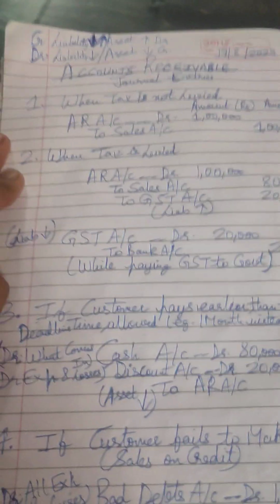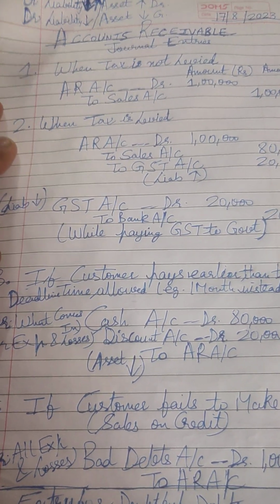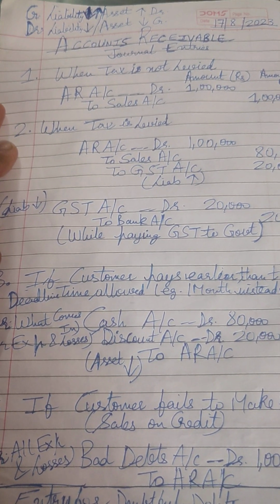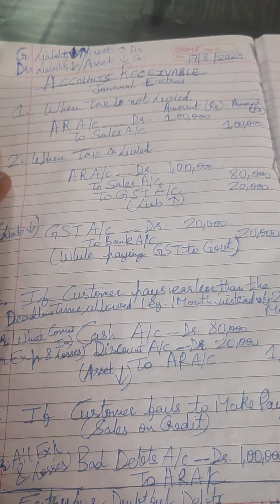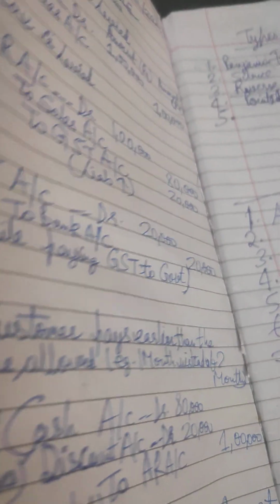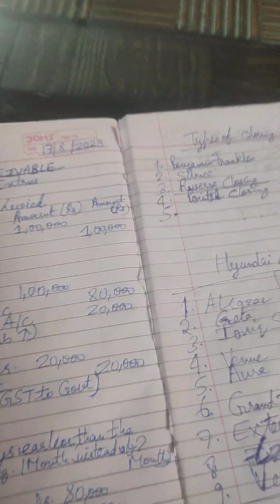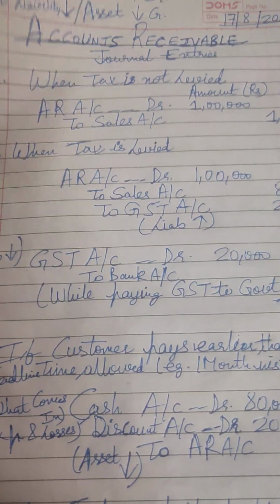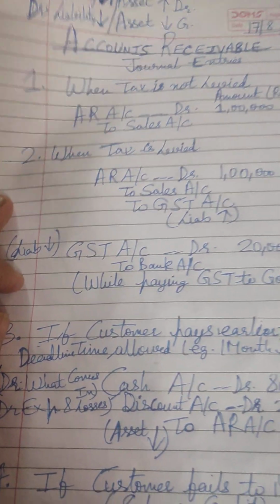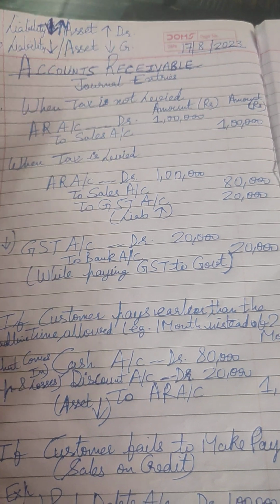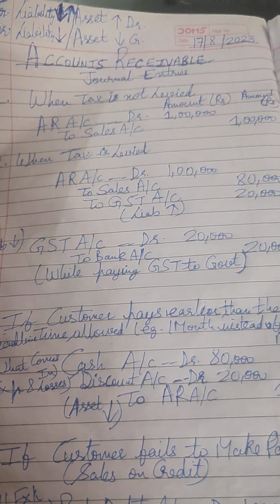And if we discuss the opposite case, when tax is levied, then what will be the entry? AR account debit to sales to GST, because here one more concept comes into existence, GST. What is GST? GST, as you all must be knowing, was introduced in 2019 by the Prime Minister Narendra Modi led BJP government. So why is GST being credited? By the difference of AR account money and sales account money, because it's a liability and it has to be